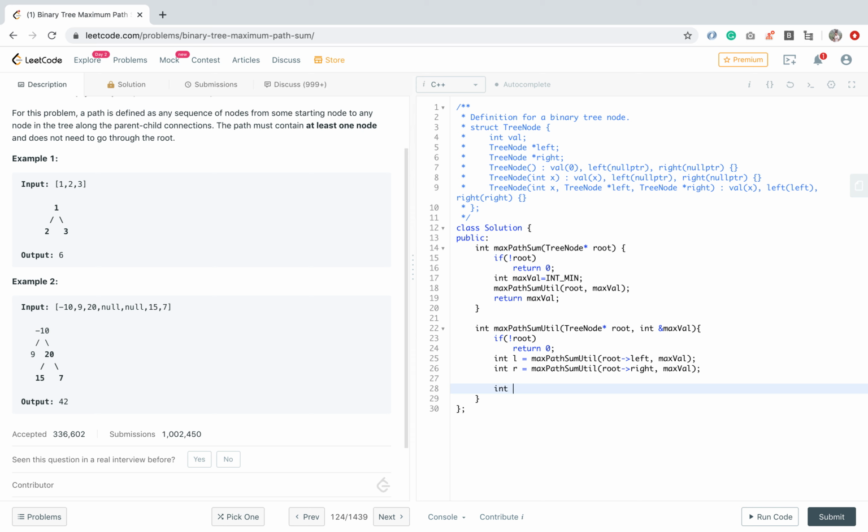So that max value will be the subtree formed by this left and right child, max of whatever the left or right value plus root value, correct. And we have to also consider the root value, so there is another max.